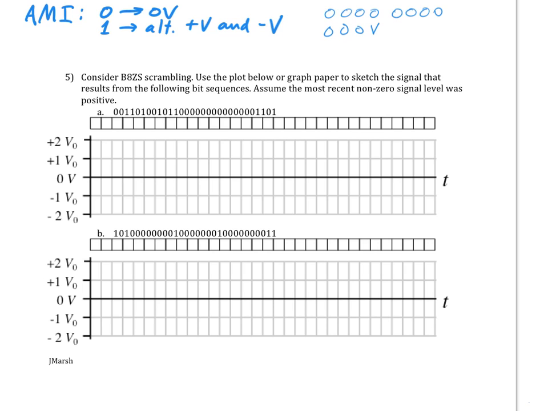If the previous non-zero voltage was plus V, then this violation becomes a plus V. Let me label this with a subscript 0 here, so we don't confuse a voltage V with a violation V. So after 3 zeros we put in a violation, and then we have what's called a normal bipolar, so we switch the polarity from plus to minus or minus to plus, and then a 0, and then another bipolar violation,